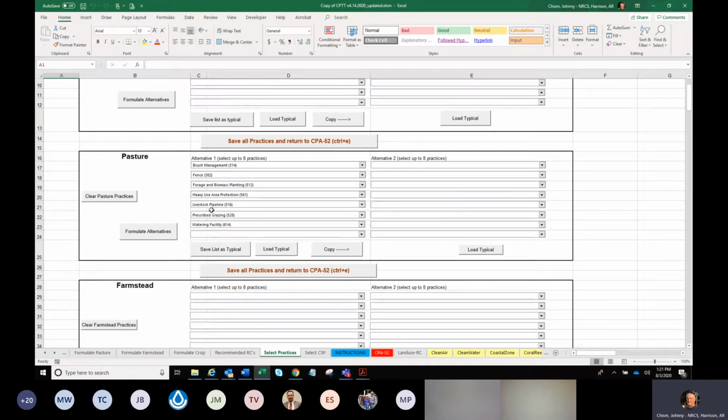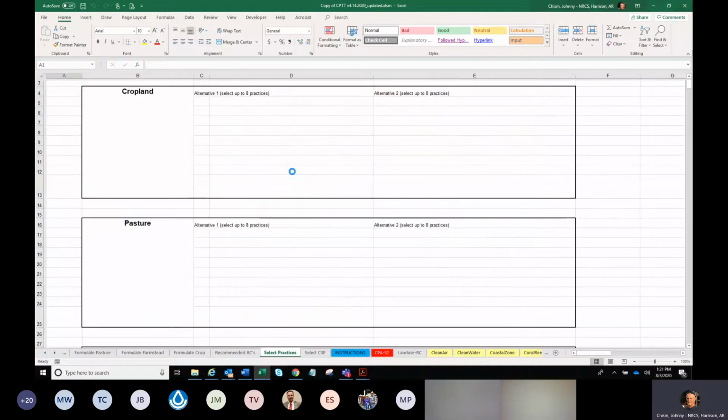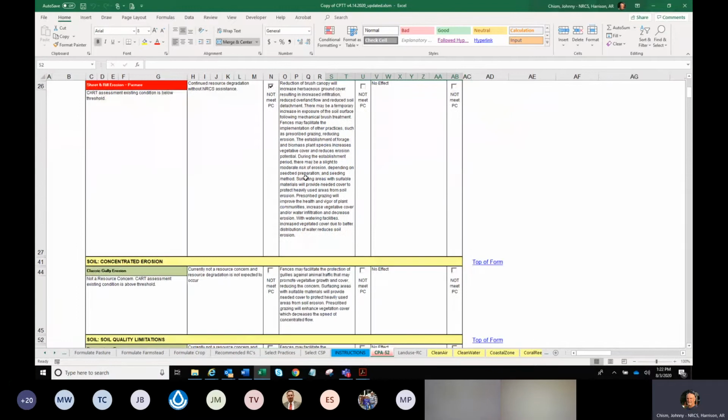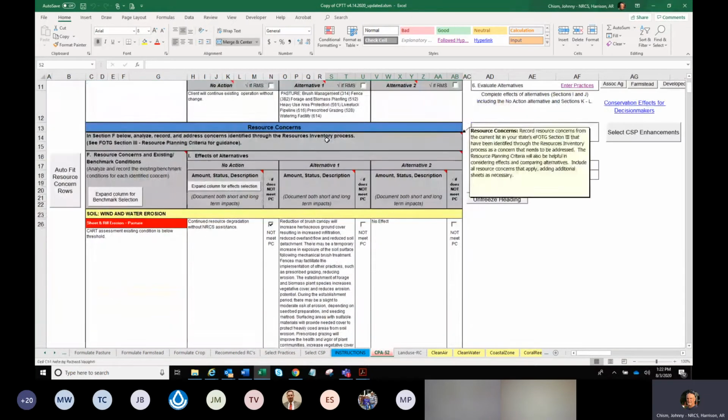So once that's done, we can go over here and click any of these buttons that say save all practices and return to CPA 52. We'll do that. Once we do that, the macros will run to populate the effects of all those selected practices on our individual resource concerns. Now, at this point,